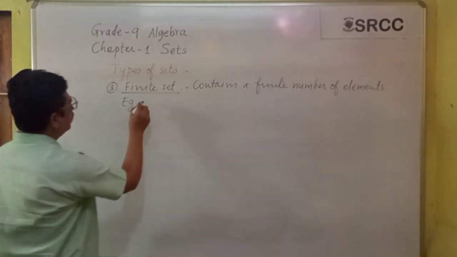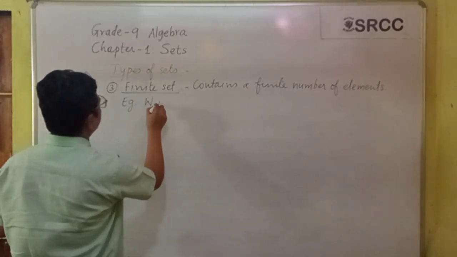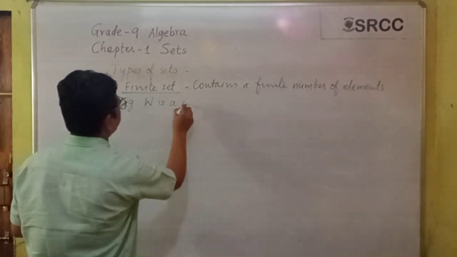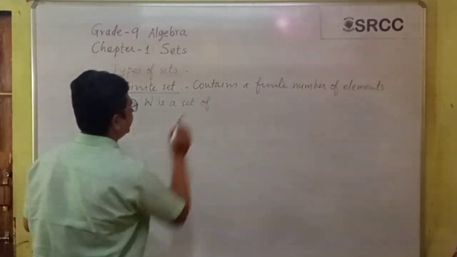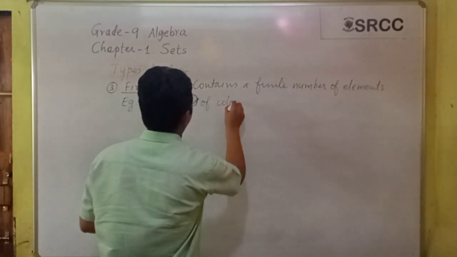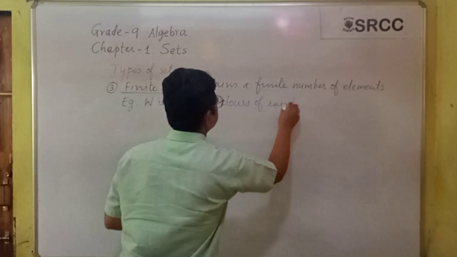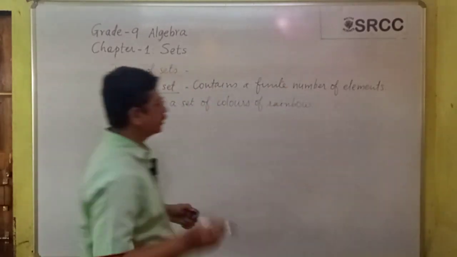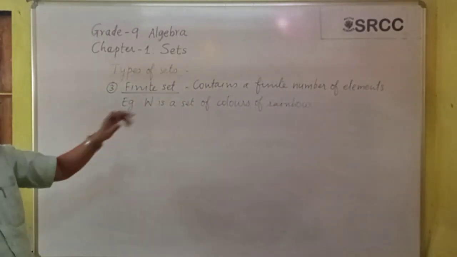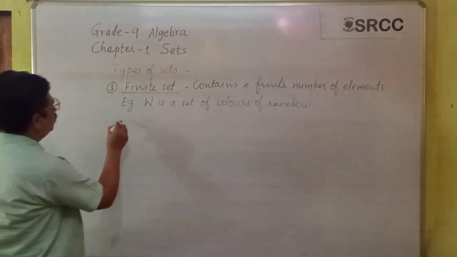Say W is a set of colors of rainbow. So W can be written as